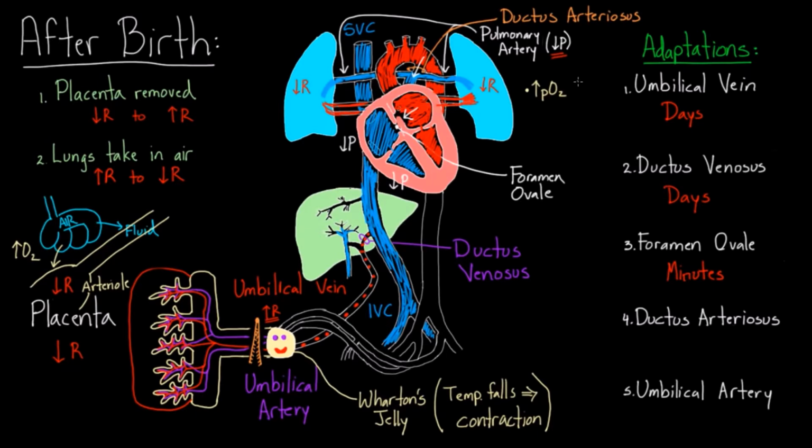The other thing that the ductus arteriosus senses is that the placenta is removed. Well, how would you sense something like that? How would the ductus, which is over here, sense that the placenta, which is over here, has been removed? Well, it turns out the placenta actually makes a little chemical called prostaglandin. And when prostaglandin levels go down, then the ductus arteriosus is also more willing or able